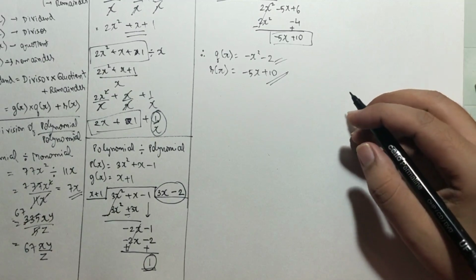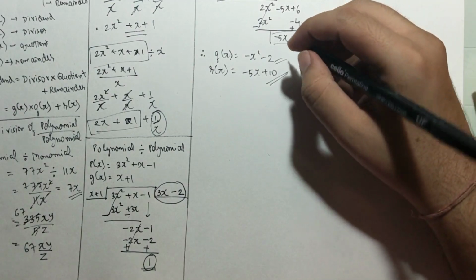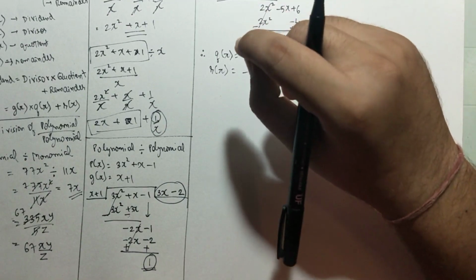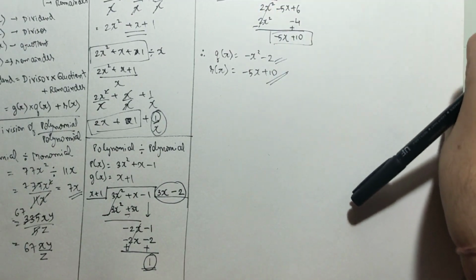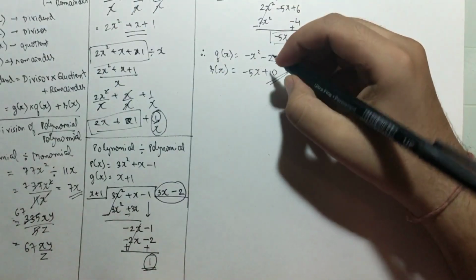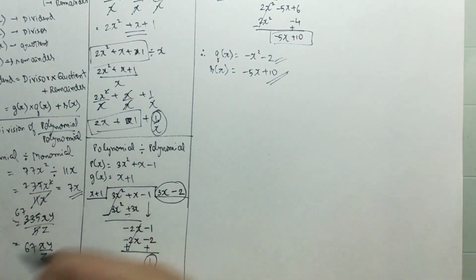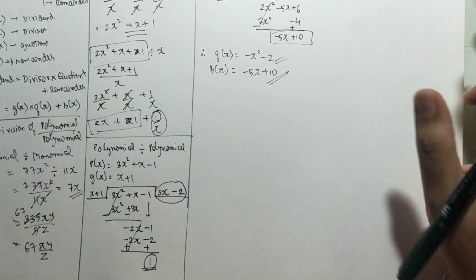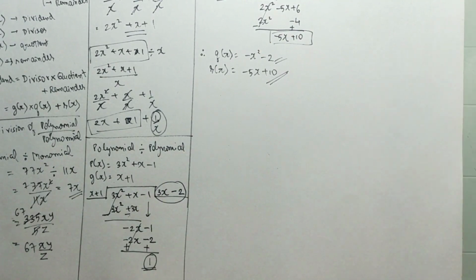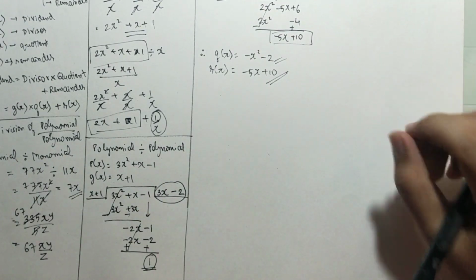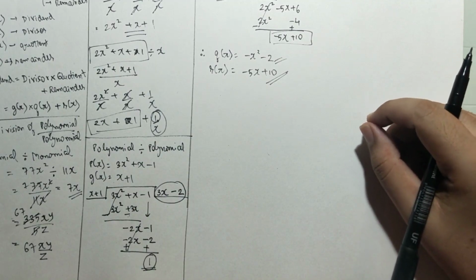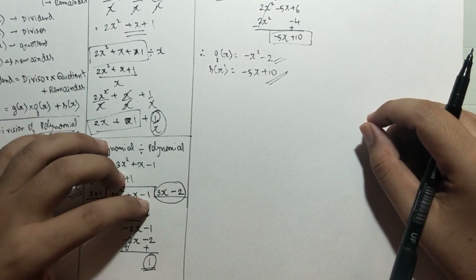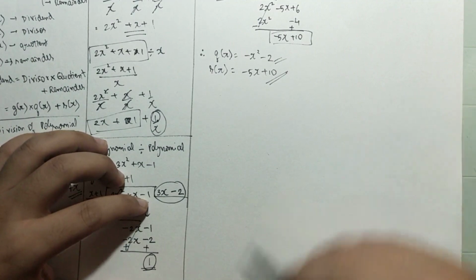Now I am coming back to my topic of remainder theorem. This topic is only for the 9th standard, and 10th standard can have it as a revision, but not for 8th standard. So 8th standard students, you can quit this video right now if you have understood the division of polynomial by polynomial. But 9th standard and 10th standard, please continue to watch this video. 10th standard for revision and 9th standard for your new topic.